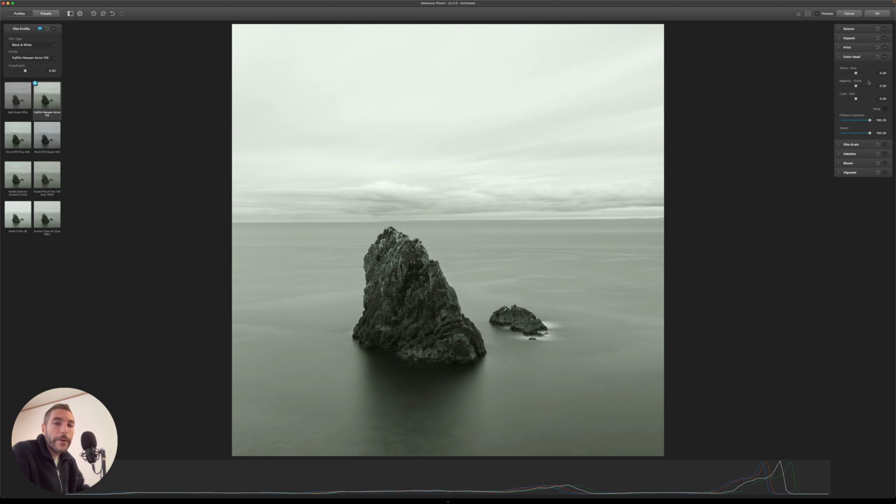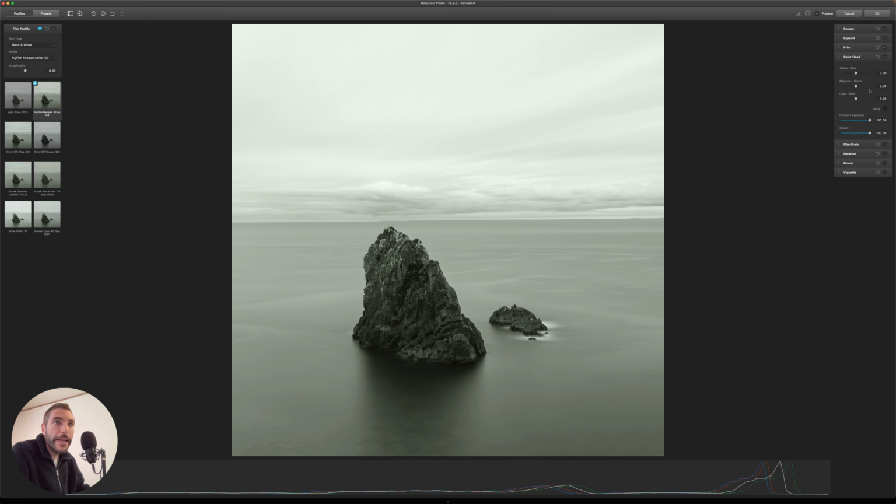When I'm in this color head, basically what I can do is add or subtract any of these colors from the image overall. So for example, if I move this yellow blue slider on the right, I get a bluer tint, of course, to my image. If I go the other way around, you get a yellower tint. Okay, so that's the way it works.